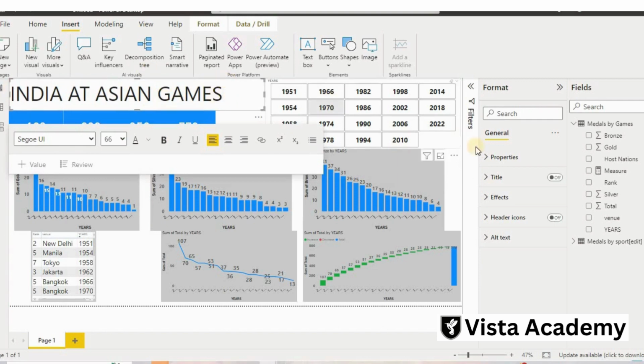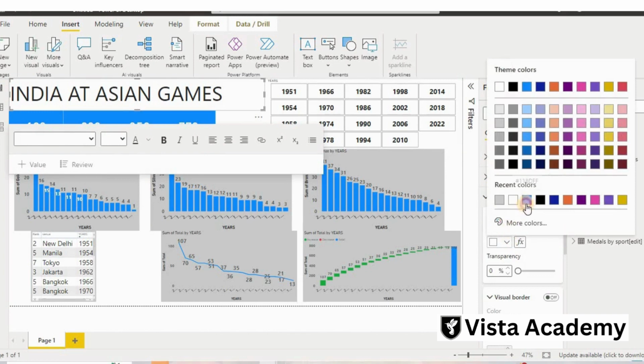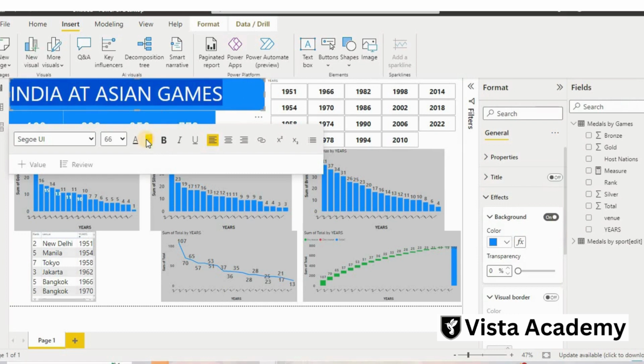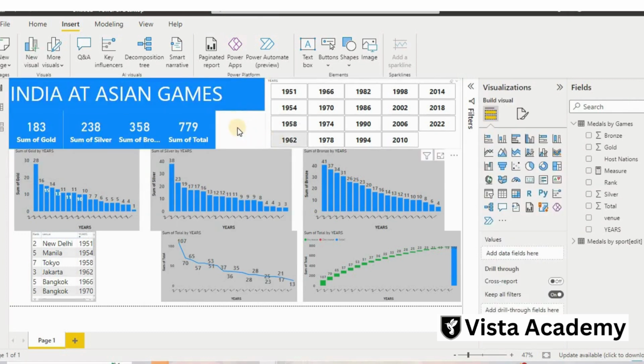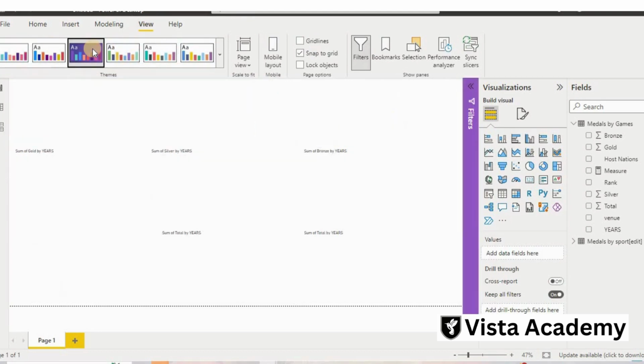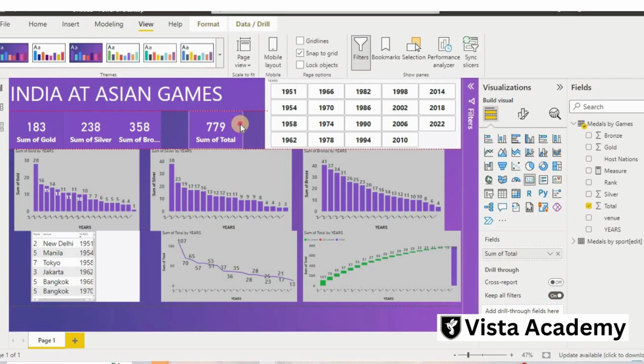And now if you would like to give some color, you can give it. Background color I will give blue, then I will select over this, and from here I will take white. So this is the report we have. And now if I want to give some other things here, I will go to view, and there are different styles. If I click over this, it will change the style also, whatever style you would like, so that will also help you out.